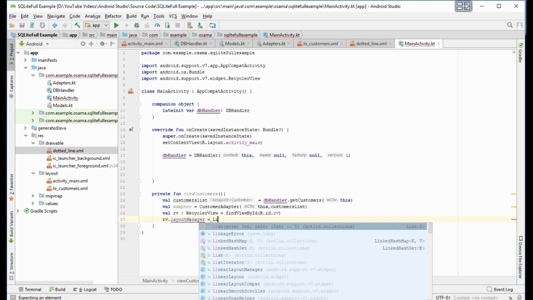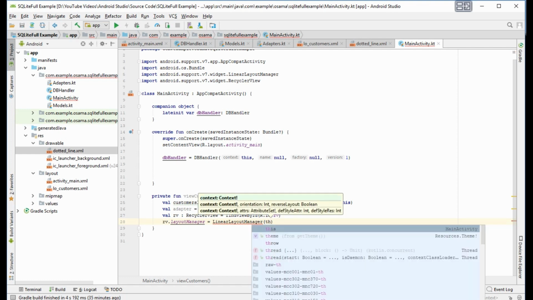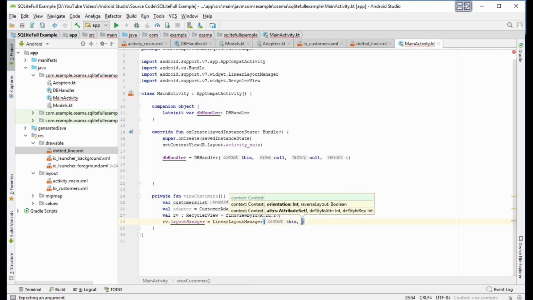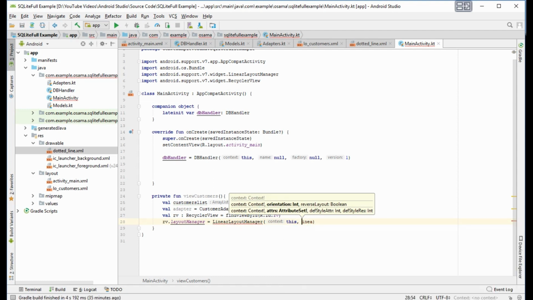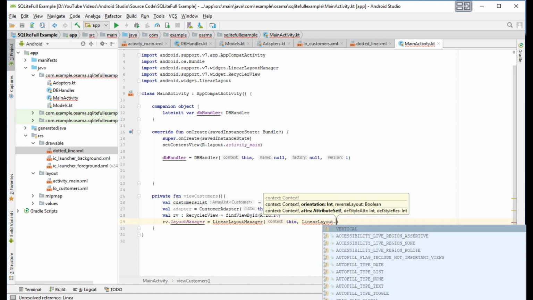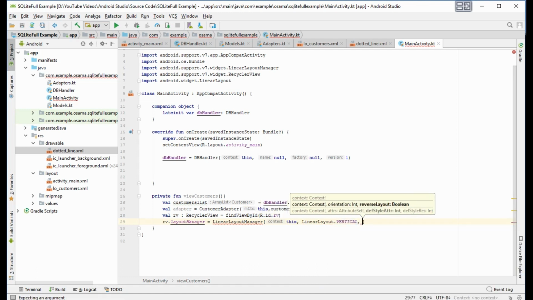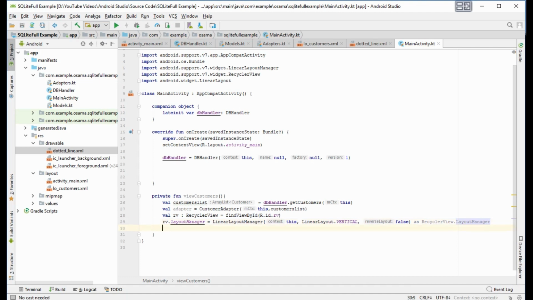It will be equal linear layout manager, or the context this, and linear layout dot vertical, comma, false, as a recycler view dot layout manager, and then rv dot adapter equal adapter.